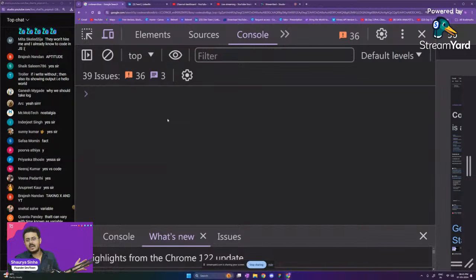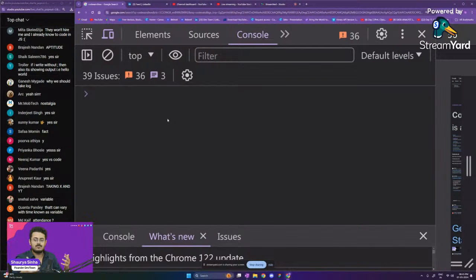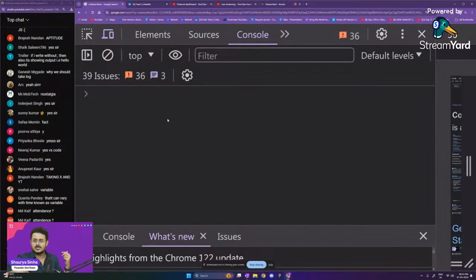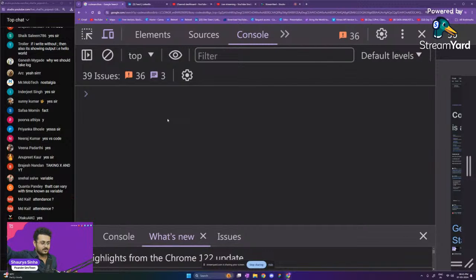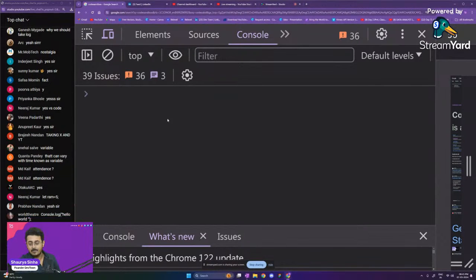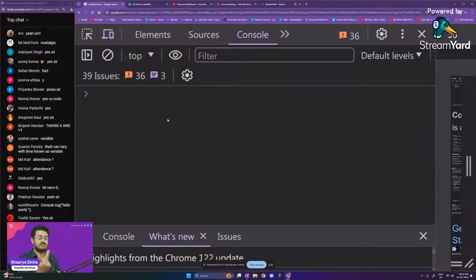My nickname when I was in school, because of my curly hair, was in Hindi Jalebi Maggie, or just Maggie. If you go into my school and ask who is Maggie, 5 people will point at me: this fellow with curly hair, he is Maggie. Everybody knew me by that. So in programming languages as well, we can give a nickname to a particular value. That is called a variable.